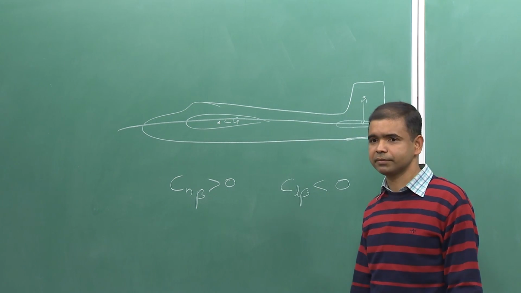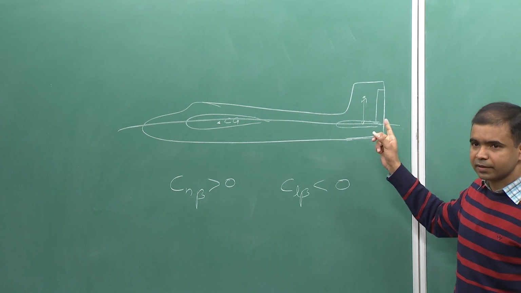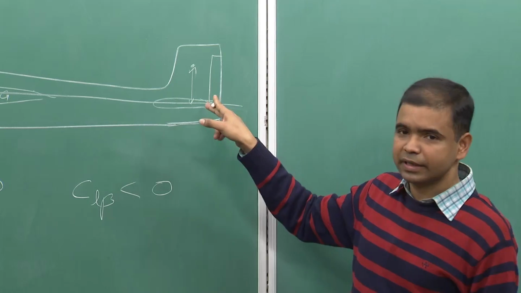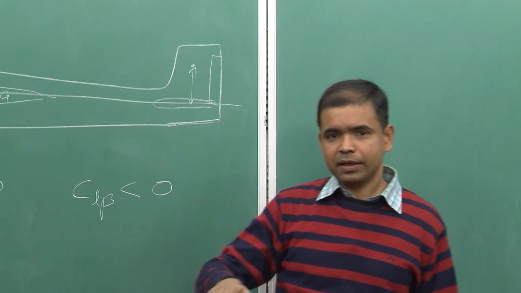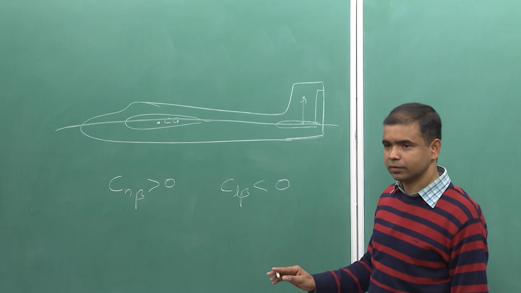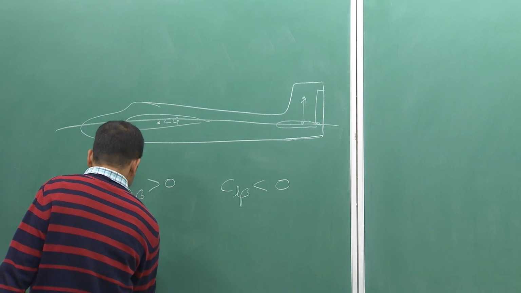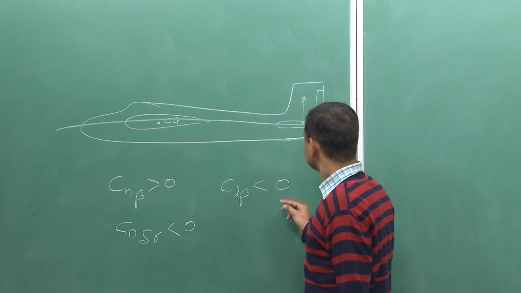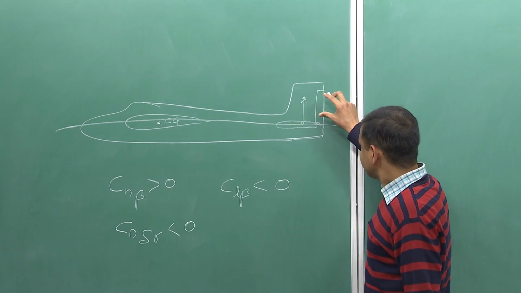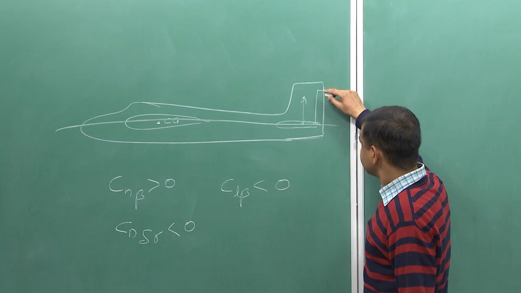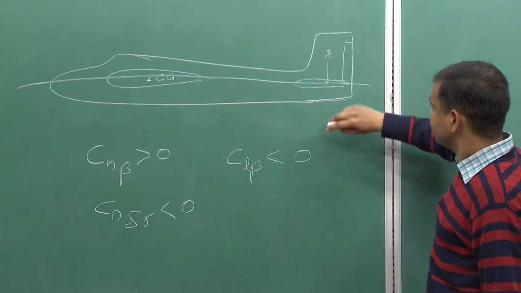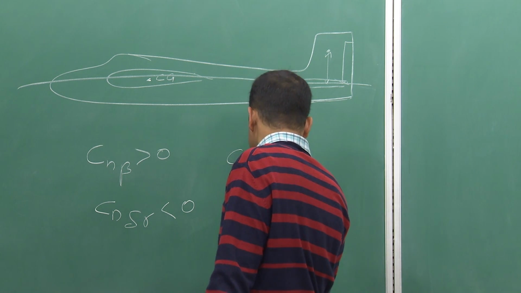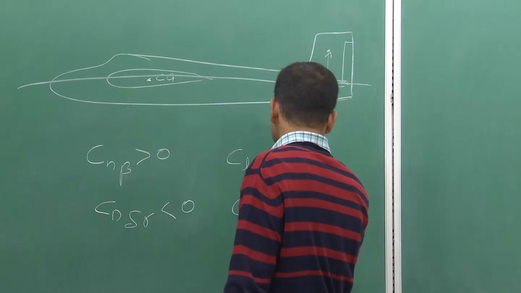And for the control derivatives, suppose this is our rudder. If we deflect this rudder with some positive value, there will be a force inward in this board, and this will give a negative yawing moment. So, Cn delta r will be negative, and for the positive deflection of the rudder, the roll generated due to this extra force will be positive. So, the value of Cl delta r is greater than 0,